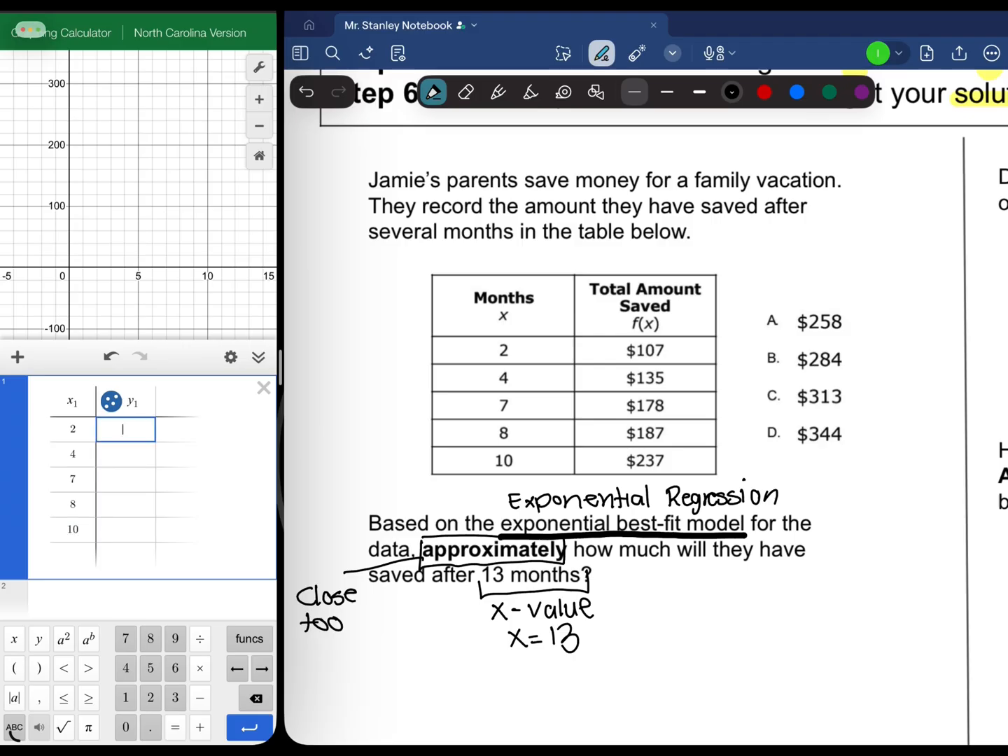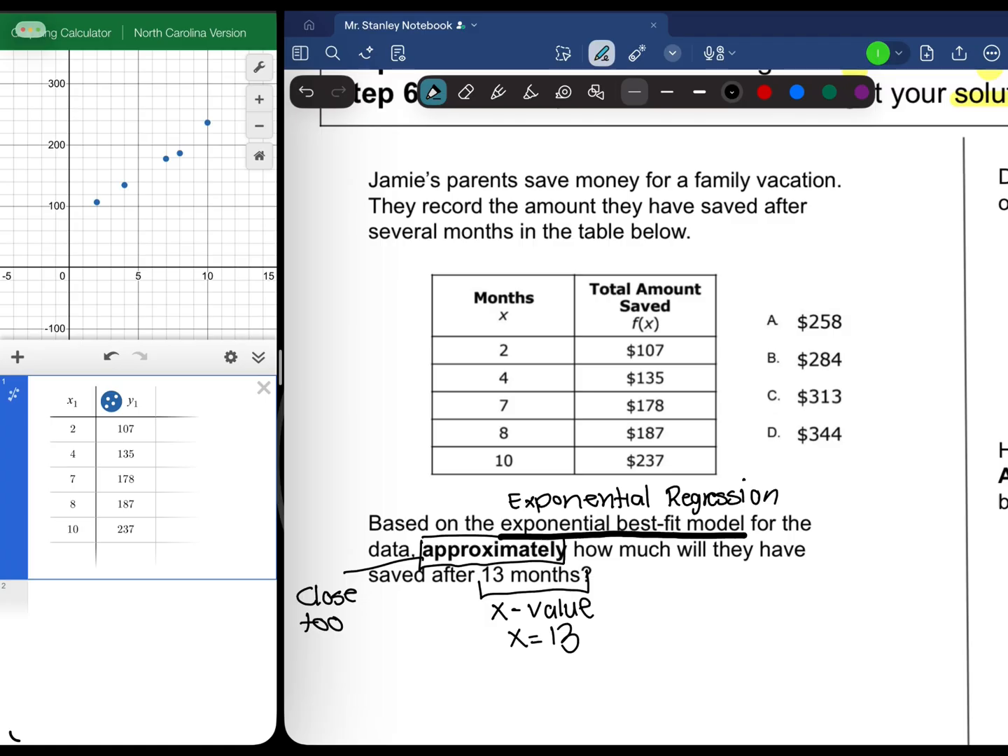On the other side, we have 107, 135, 178, 187, and 237. All right, so once we get those typed in, we hit our zoom to fit. So this time the window was already perfect. So once we hit our zoom to fit,